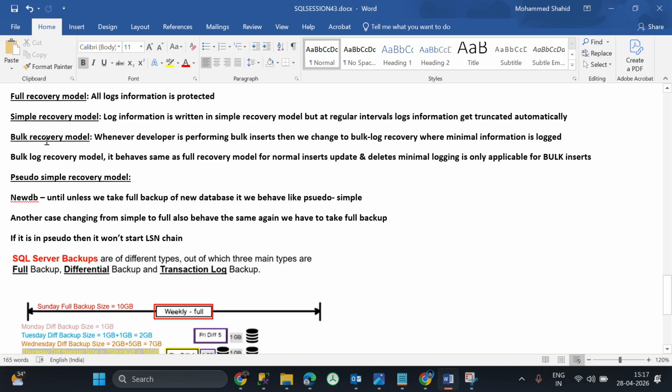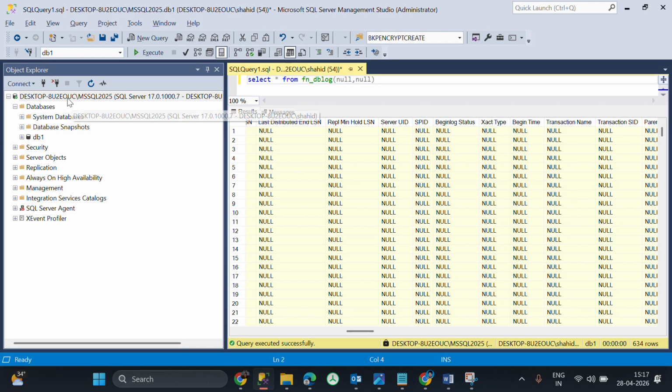Now we'll be discussing the bulk log recovery model. It is also the same as the full recovery model. Whenever we perform bulk operations, like bulk insert, at that time we have to change the recovery model to bulk recovery model. As we go here, right click,